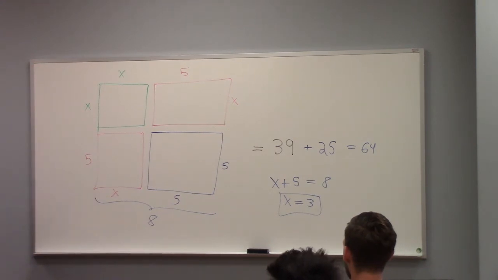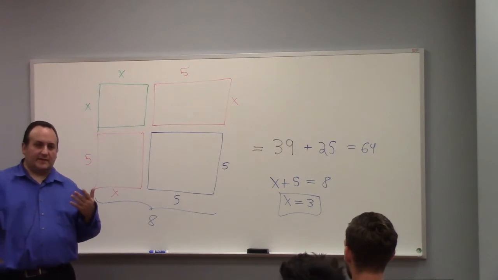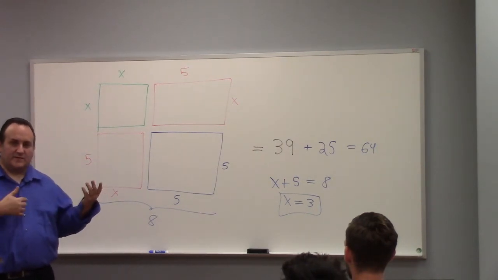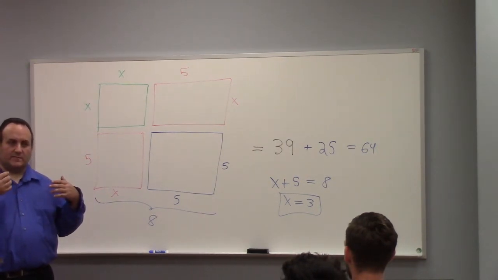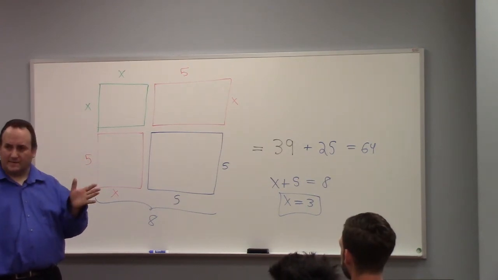The point of this exercise, though, is I wanted to show you why it's called completing the square. It actually goes back to this idea. And my larger point here is to alert you to the idea that in medieval times, the mathematicians thought of variables like x as being a literal length.